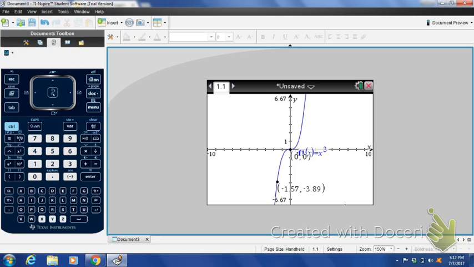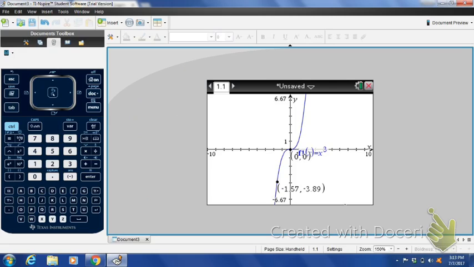Something interesting to point out. I think this kind of looks like a quadratic that got bent down. So like you had a parabola like this, then you took this part and then bent it down. So that's kind of what this x cubed graph looks like. All right. And then the other one was